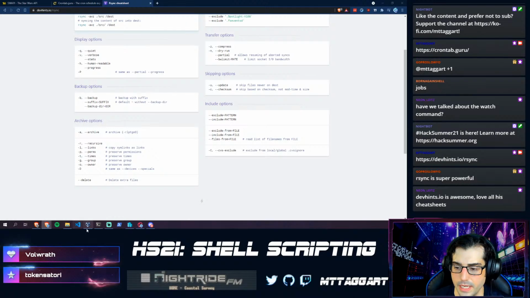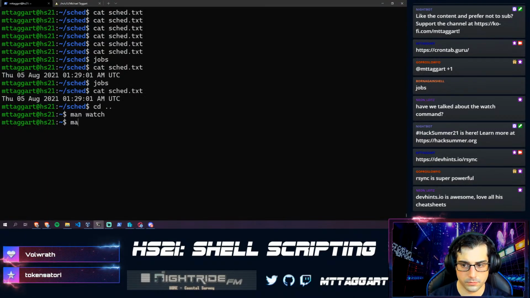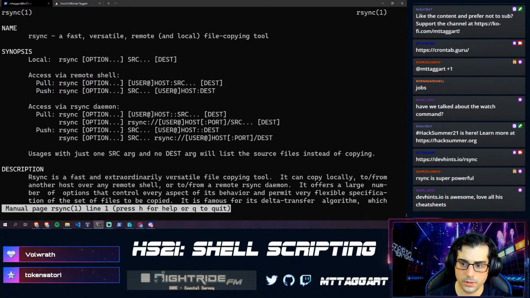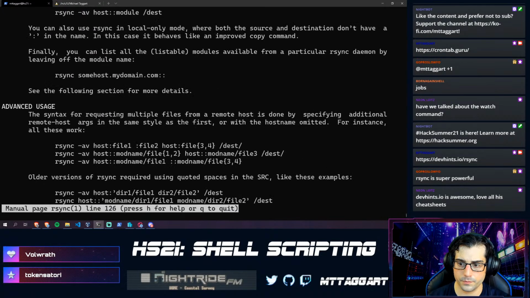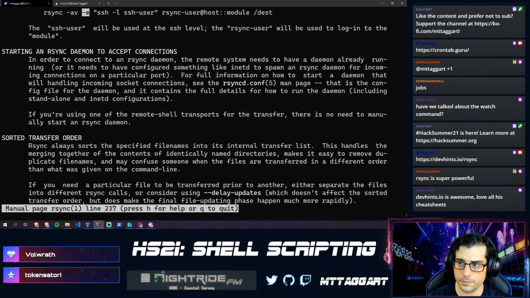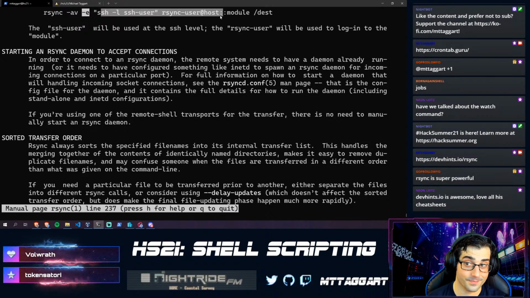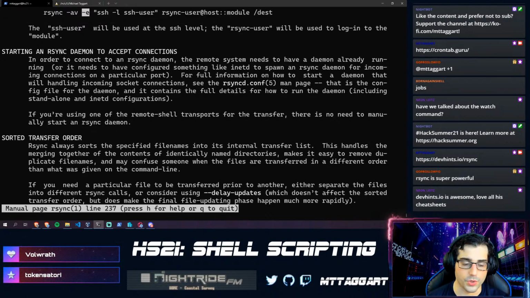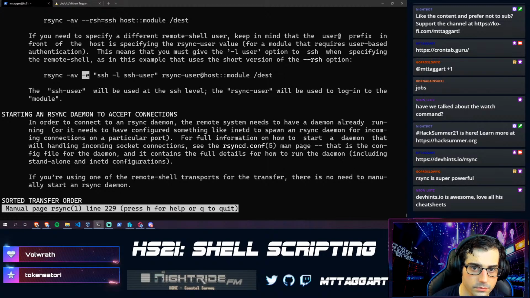But yeah, rsync -e allows you to set up an SSH backup. And so if you wanted to do that,